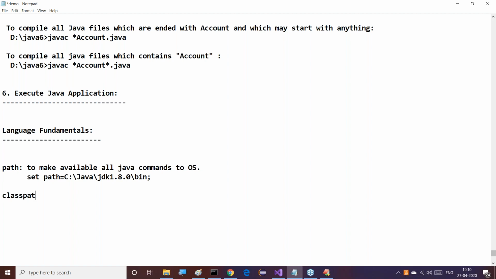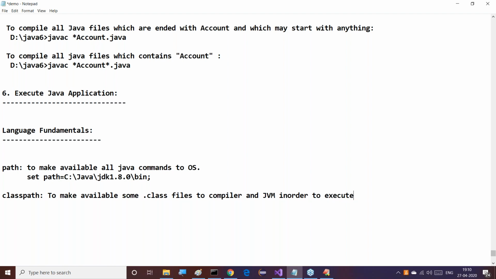But classpath is to make some .class files available to the compiler and JVM in order to execute.